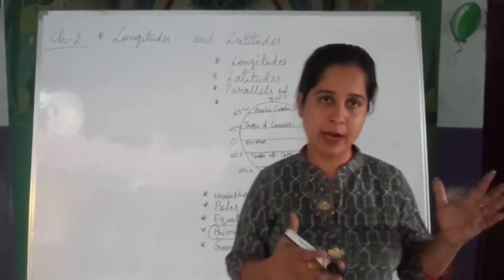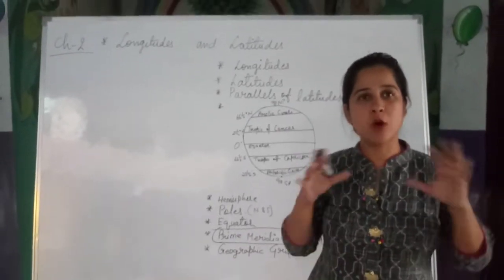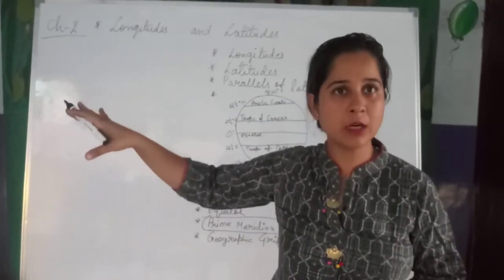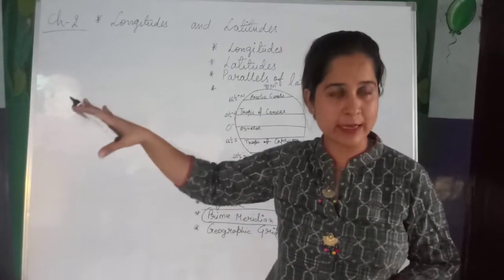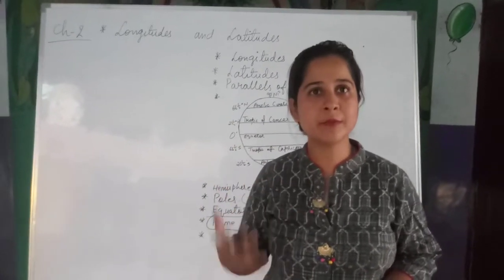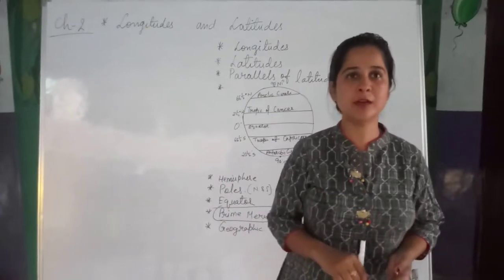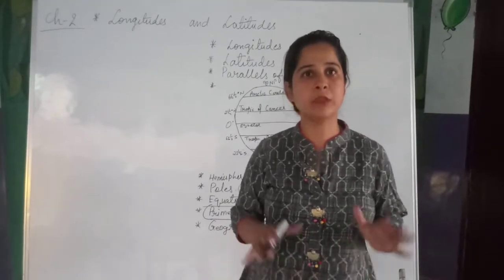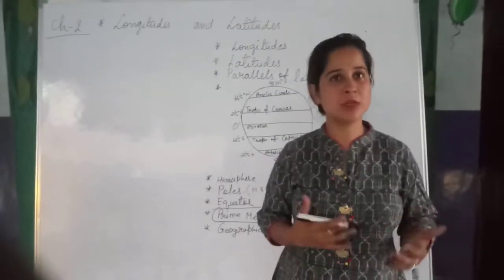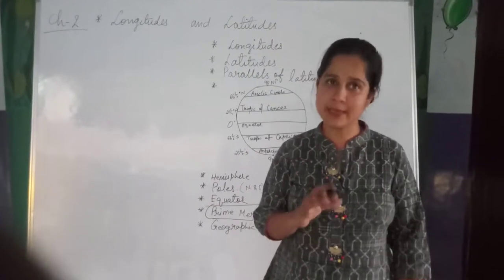As I said, a globe is a small round model of the earth. So do these lines exactly exist on the earth? Are these lines exactly drawn there? Lots of confusion runs in the minds of kids. So today I am here to clear all these concepts about these lines. What are these lines? What do we call these lines? What is the number of these lines? And what are these exactly?